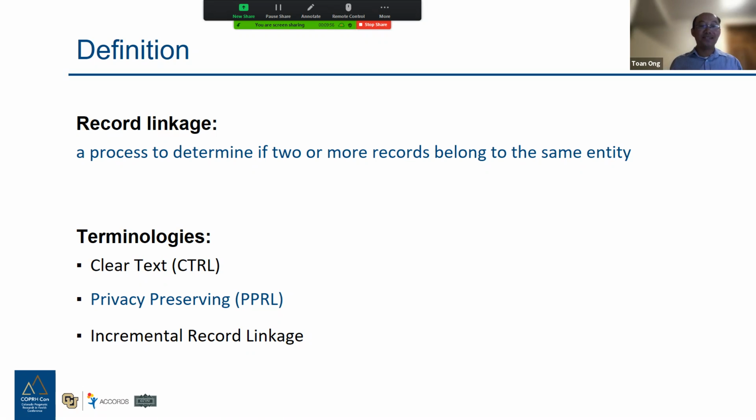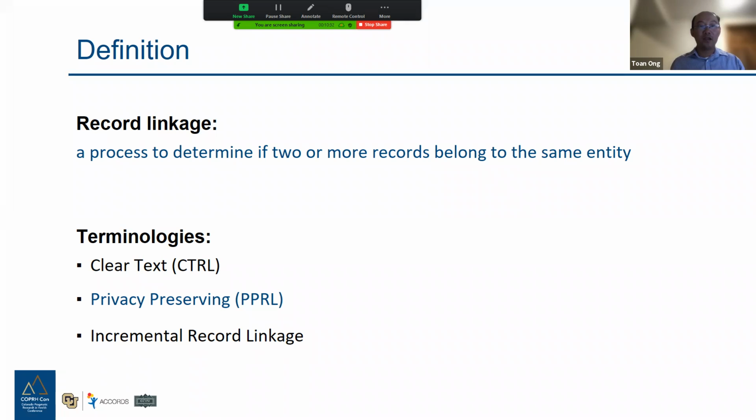This entity can be patients, can be providers, can be facilities, or just a subject in your data that you want to make sure you consolidate the records that belong to that entity together. So there are some very common terminologies used in record linkage, and those are clear text record linkage,